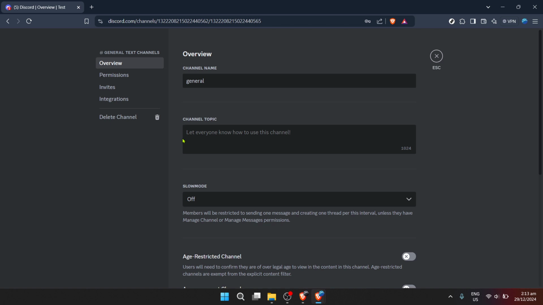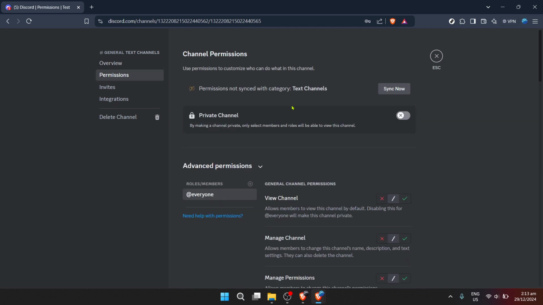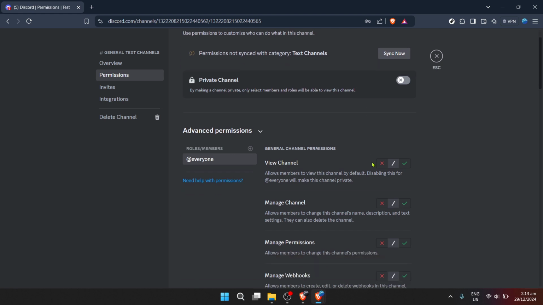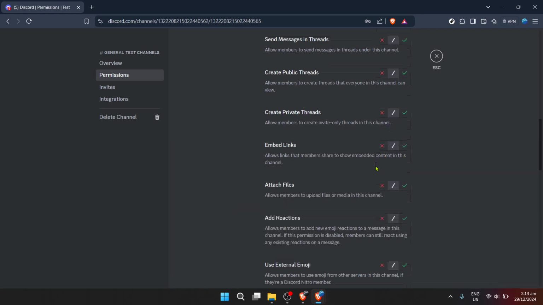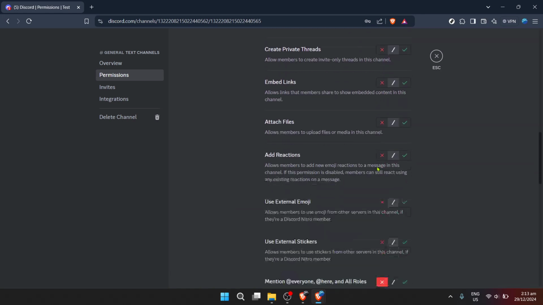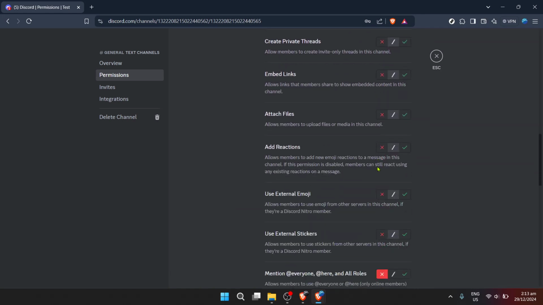In the server settings menu, look for the edit channel option. This option allows you to modify the settings for individual channels within your server. It's here that you can truly begin to customize your server's communication preferences. After clicking Edit Channel, proceed to find the Permissions tab. This is where you can manage what members and roles within the channel are allowed to do. The permissions are quite detailed, so take a moment to familiarize yourself if you haven't already done so.